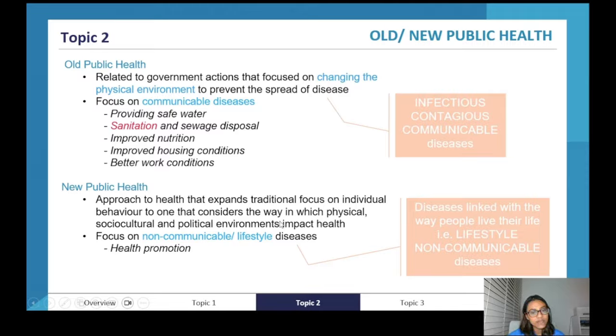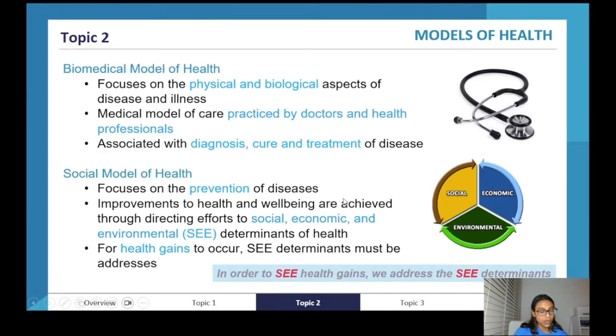So think CVD, diabetes, those kinds of conditions. And then the consideration was put on physical, sociocultural, and political environments, rather than just the physical environment, and how those impacted health, so that they could address, and can still address, non-communicable and lifestyle diseases through health promotion, especially. Okay, so